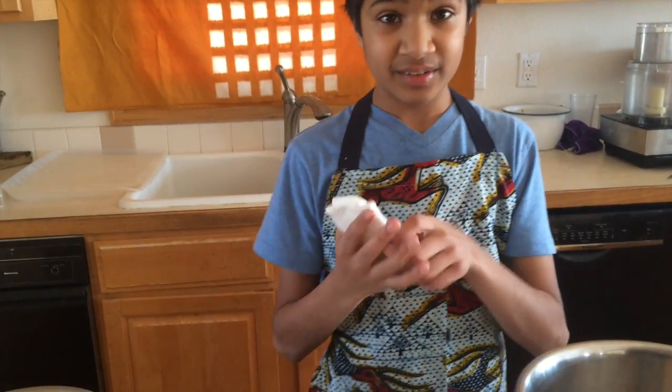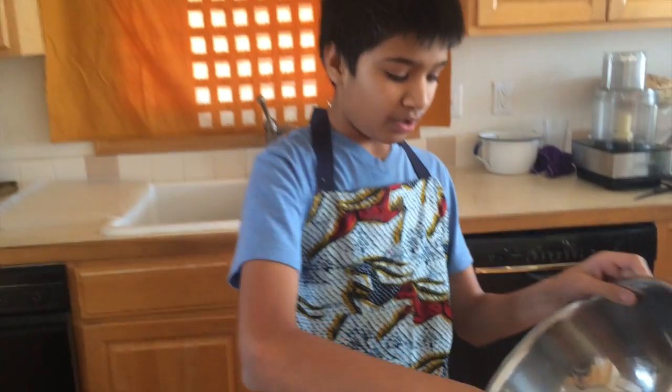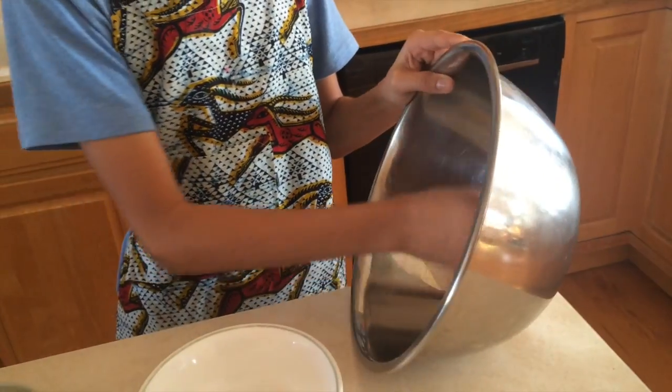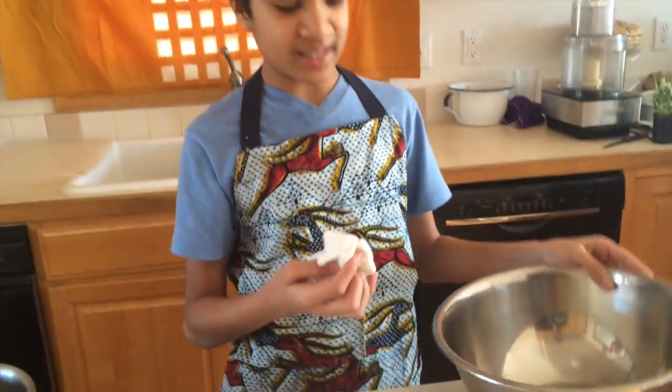So to start off, we have to take a towel and make it slightly damp with a little bit of vinegar and wipe down all our bowls and our beaters. Anything that comes in contact with the egg white you want to wipe down with a little bit of vinegar. You don't want to completely douse it with vinegar, but you want to make sure there's a little bit